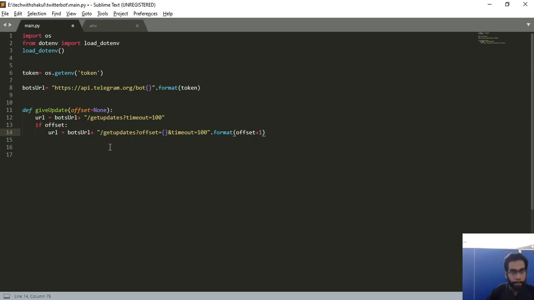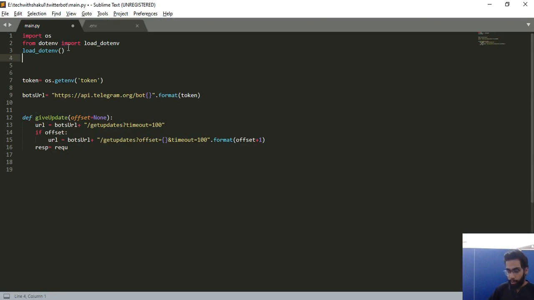Okay, now this works. Now what I want to do is send a get request to this. So I'll create a response object and request. I need the requests library, import requests, dot get, and what will be URL, and nothing.